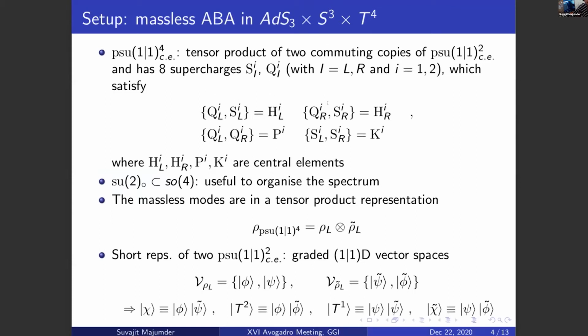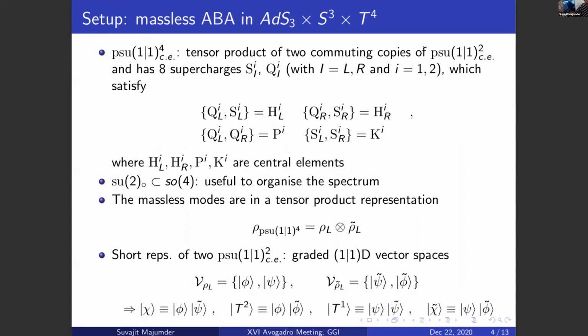are working in the specific background AdS3 × S3 × T4 with pure Ramond-Ramond fluxes. In this, the relevant algebra that we deal with is PSU(1|1)^4. Once the ground state is fixed, then this is the remaining algebra. And there are 8 supercharges, basically labeled by the left-moving, right-moving nature. And so this algebra is a tensor product of two PSU(1|1)^2 centrally extended, and that is labeled by this